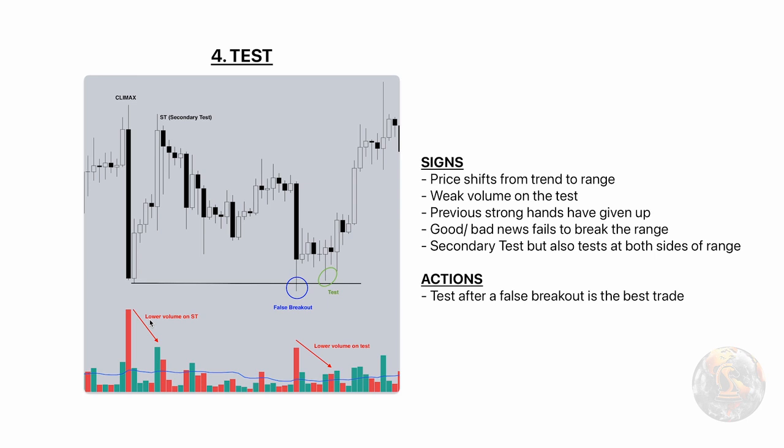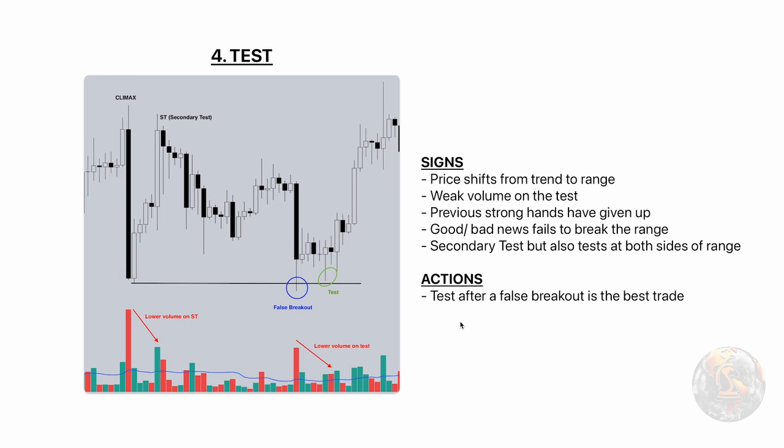Another good one, another important one. The secondary test, if there's good or bad news and it fails to break the range, so in this example, if we were pumping here and there was a lot of good news and it failed to go higher, that is a very good confluence factor to confirm a secondary test, right? And let's differentiate. You have many, many tests within a Wyckoff structure. Understand that. Tests happen all the time. It's key that on all time frames, you see tests. So differentiate the secondary test and every other subsequent test. There can only be one secondary test, and very simply, it is the second attempt to break above the climax level. So the climax tested this level, then the second test of that level is your ST.